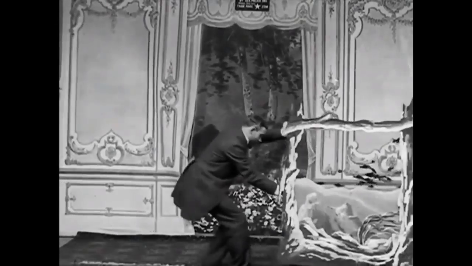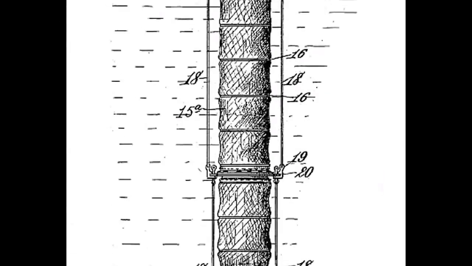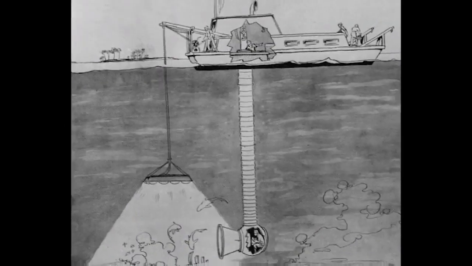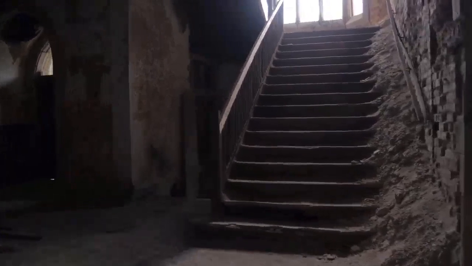For over 100 years, filmmakers have used different tricks to create the illusion of being underwater. It's a real pain to film underwater, and sometimes it just isn't practical to film practically. Like when you want an indoor space to look like it's submerged, or you've got an expensive model you don't want to get wet. On this episode of Cheap Tricks, we'll be talking about some techniques to turn this